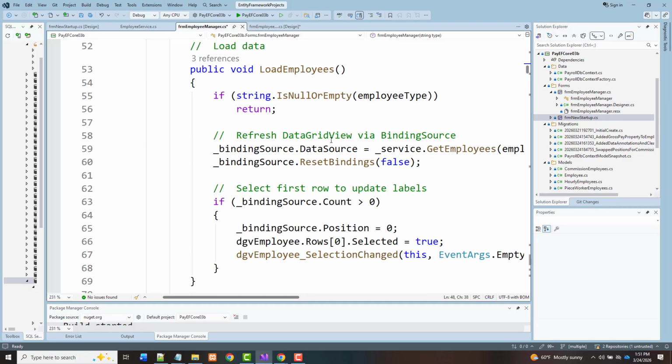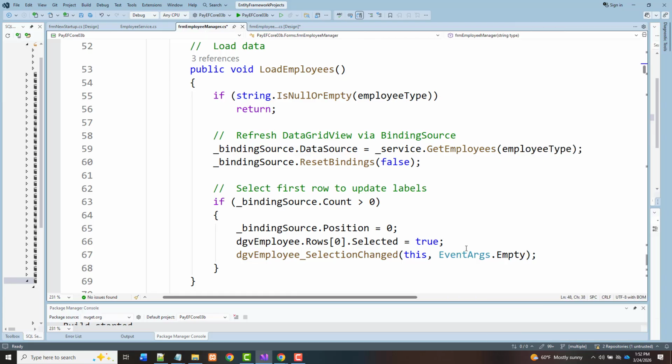So what are we doing in here? What are we doing in load employees? Well, I made some changes to it, and the whole thing is right here. As it says here, it's designed to load the data. So the first thing we're doing in here in our load data is,